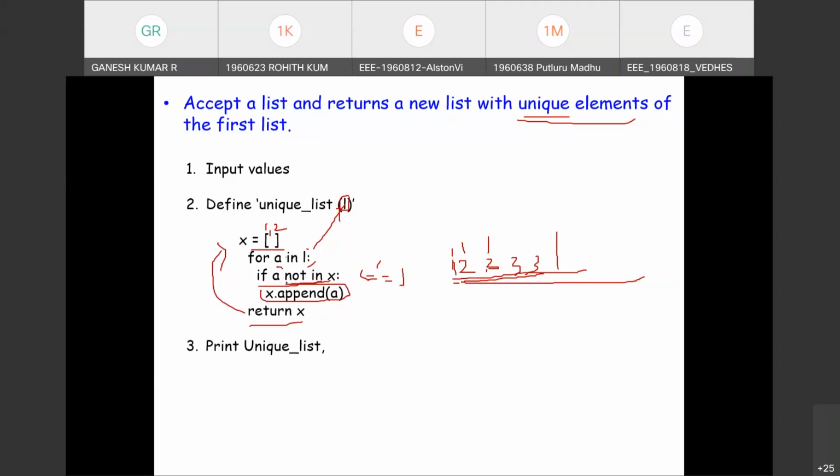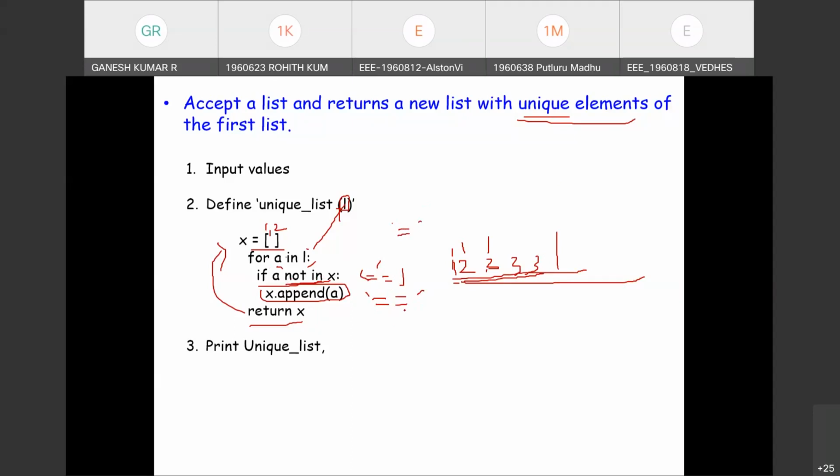So we are using the operation called not in, a keyword which is equivalent to the operator. Note that a single equal is an assignment operator, and double equal represents a comparison operator.